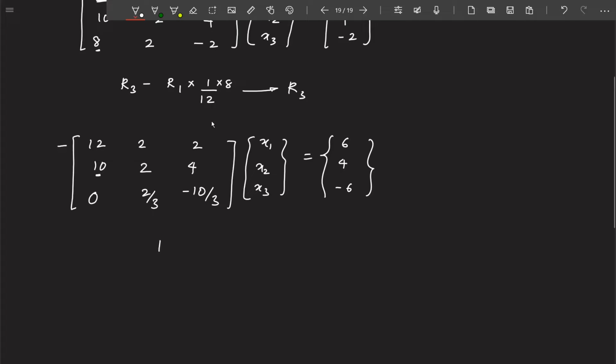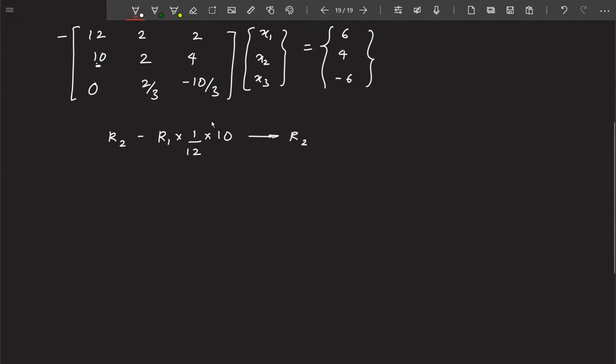You write R1 into, first you make this 1, so it is divided by 12, and then the multiplier is 10, and then you subtract it from R2 and the whole thing goes into R2. So 10 minus 1 divided by 12 into 10. So if you do that,